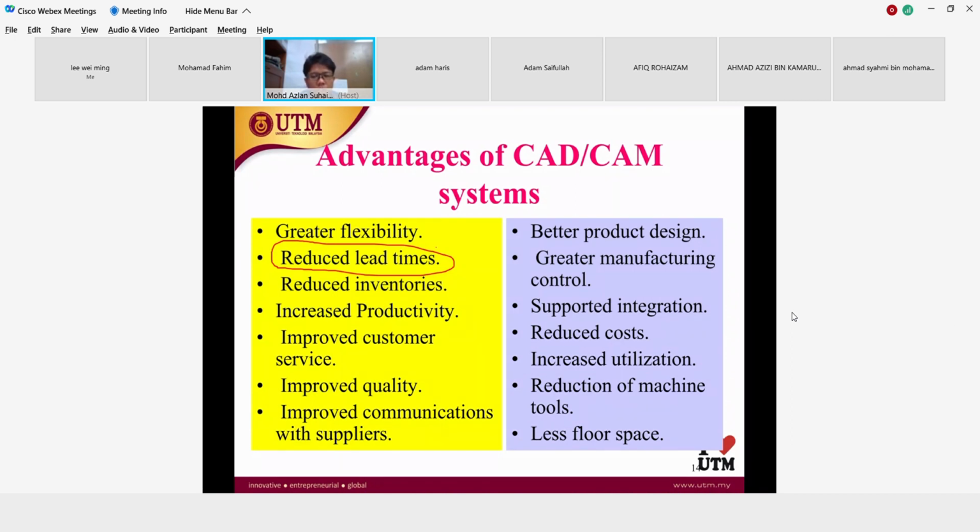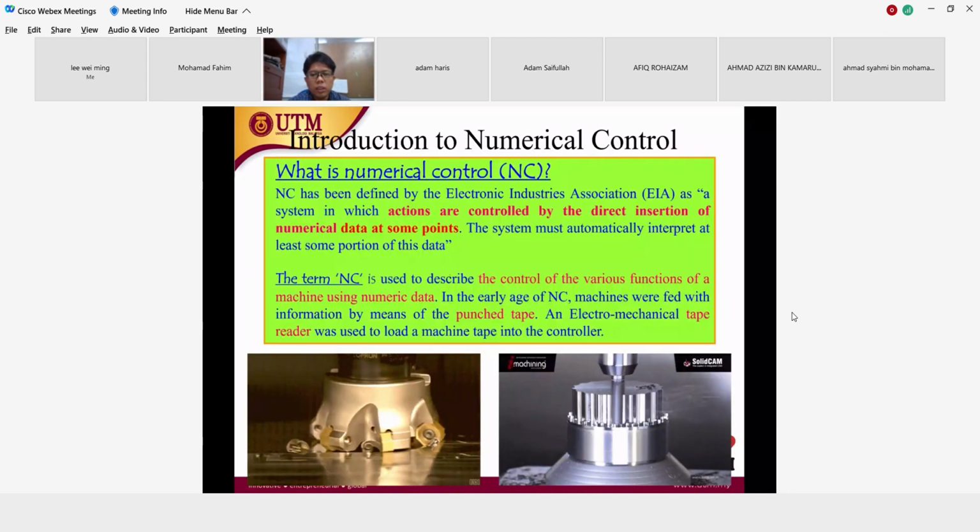When you have the design until the product is finished and goes to the shop, for example, to be sold, this is called lead time. So you want to reduce this lead time, reduce inventories, increase productivity, and of course improve customer service, quality, communication and everything. So this topic we want to focus on